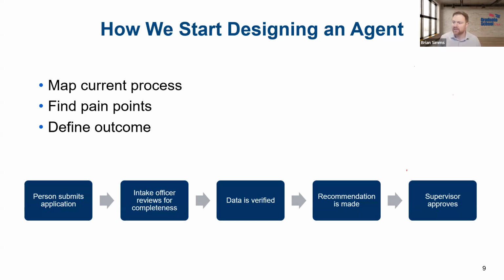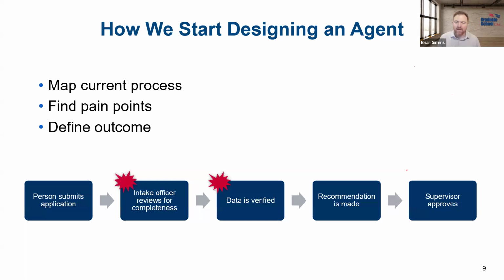So then we'd say, all right, this is the process, and this usually takes, I don't know, a week or 2 weeks, maybe a couple of days. Where are the big bottlenecks in this process? What does someone spend the most time doing? Maybe it's repetitive data entry, or it takes Brian, the intake officer, a long time to do this because he's got 12 systems to check, and we have information dispersed all over, right? Those are good candidate spots for agent assistance.